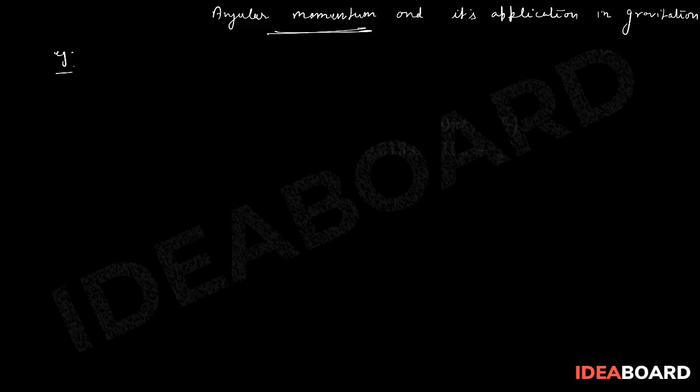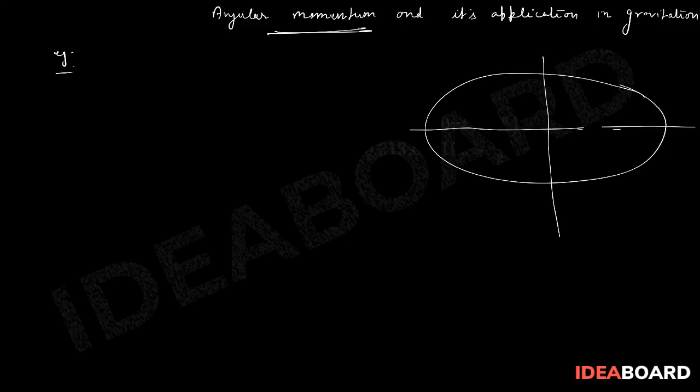in gravitation. So suppose that there is a path, let's say an elliptical orbit like this, and let us say this is our sun here, and let's say a planet is revolving around the sun, so it has, let's say, velocity v0 at point P. My question is, what is the velocity at point P dash? Let's say the velocity is v dash.